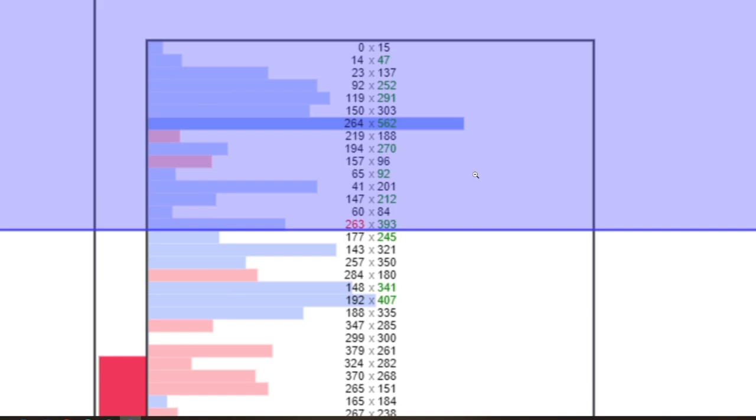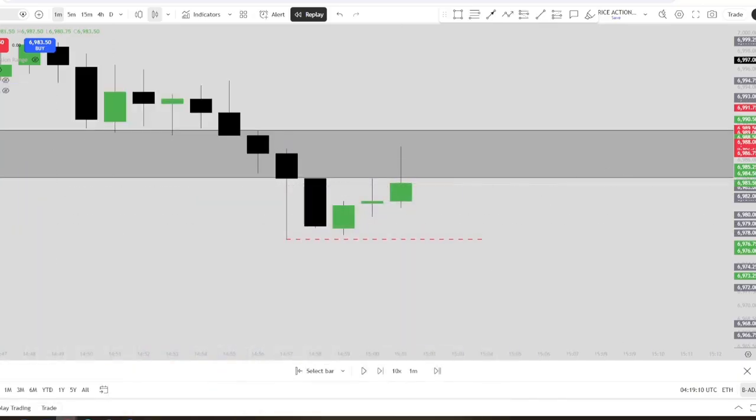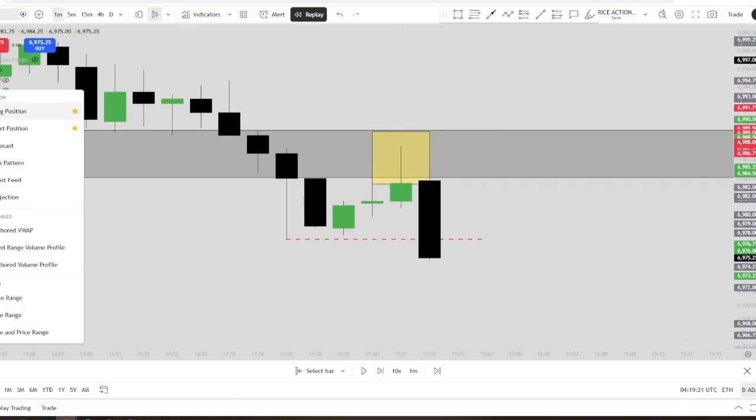And so the basics of footprint charts are very simple, right? You have a bid and an ask, right? You have the bid, which is the left-hand number, and you have the ask, which is the right-hand number. Now, here we can see a large amount of aggressive buying compared to aggressive selling because the delta is blue. Now, when the delta is blue, right, so that's going to correspond to this wick here, this one and this one. If this delta is blue and we see price breaking below the key level, right, so we see price